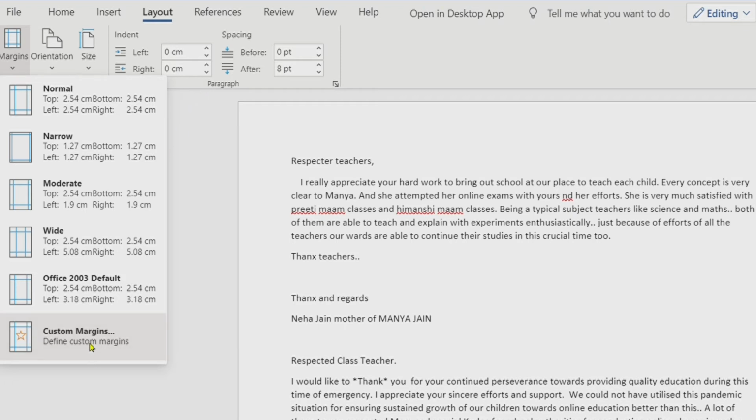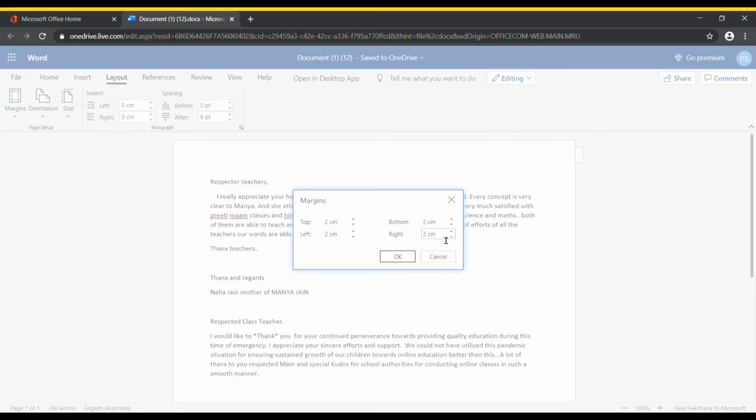Children, when I click on this custom margin, you can see a dialog box appears. Here we have the margin dialog box directly, and from here I can customize. So you can see these arrows, up arrow and down arrow, children. From here also you can increase or decrease the margins. Fine. And from here directly also you can write it from the keyboard. So for every option you have both the arrows, up arrow and down arrow. Fine. So let me make it 3 centimeter everywhere and say OK.